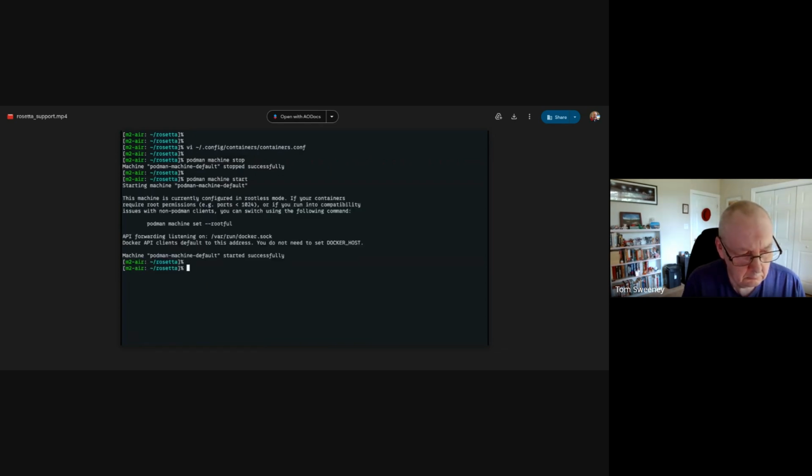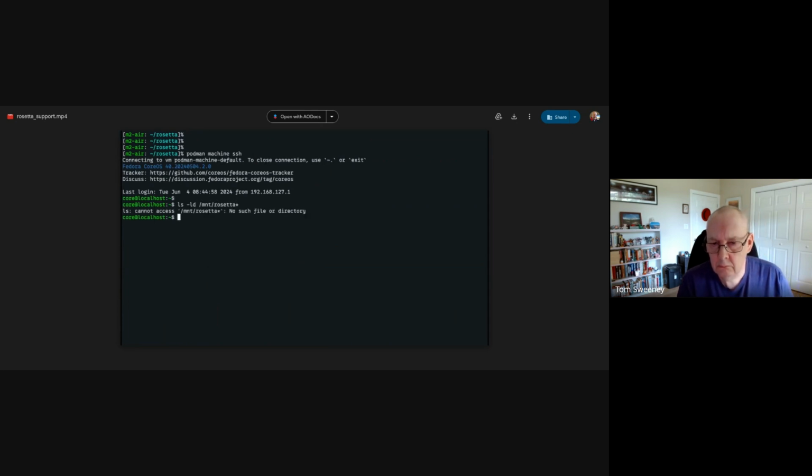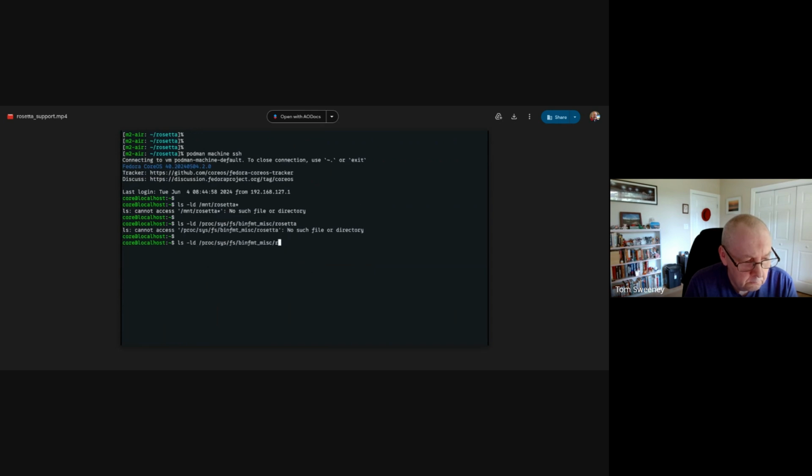When you run Podman machine inspect command, Rosetta is set to false. Inside the Podman machine, the Rosetta mount is gone. And QEMU x86-64 is registered instead.